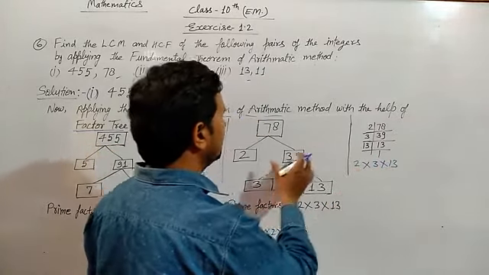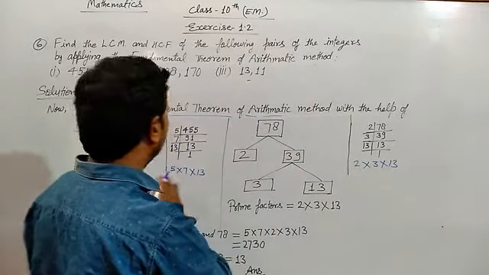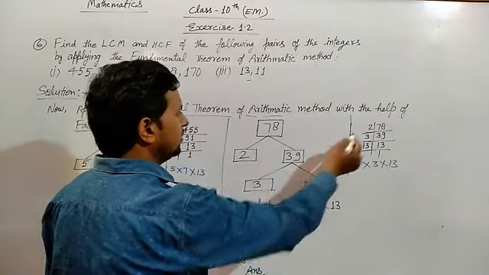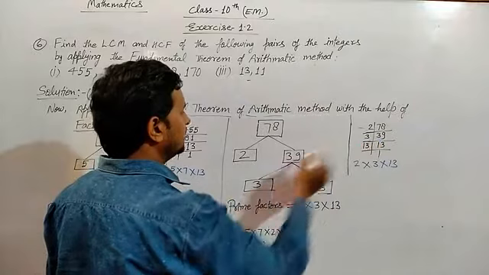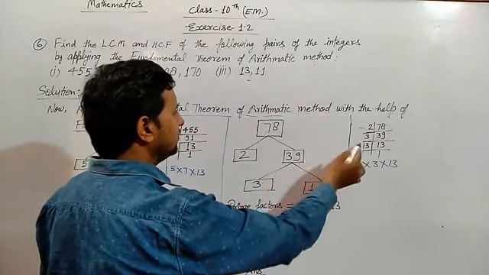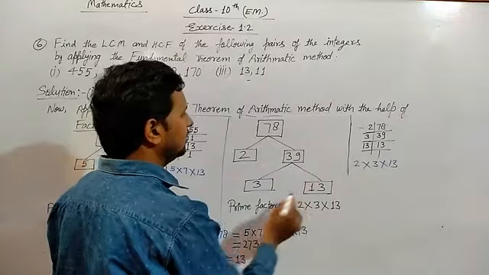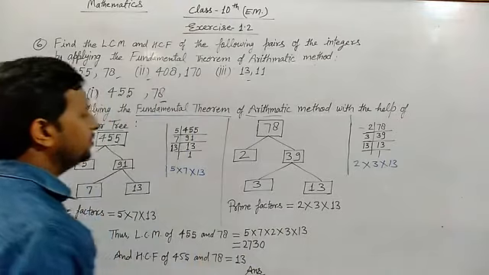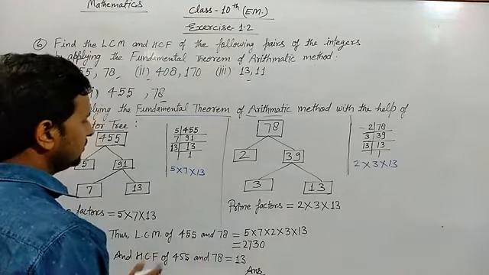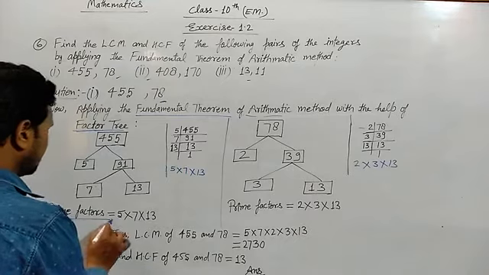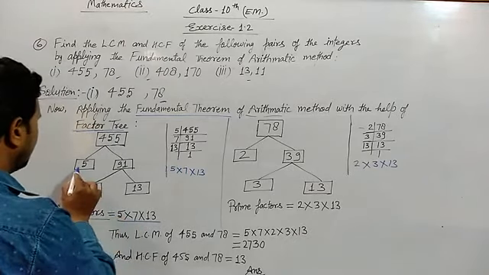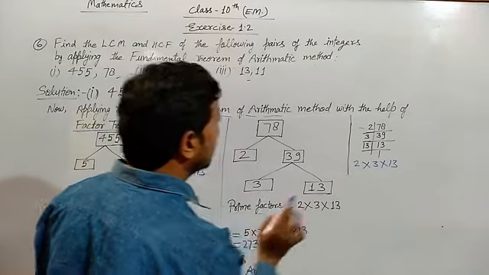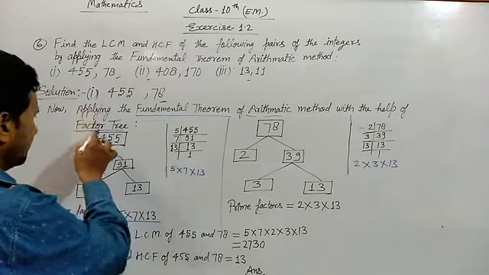So we can denote here in tree form like that as this question. Okay, this question can be solved here also. See here 2 is the first factor, 2 and remainder is here 39. Again 39 is factorized here by 3 and remainder is 13. So we can write here 3 and 13 is the last factor here. Okay. Now we have to find HCF. So we can write here prime factors 5 into 7 into 13 here, 5 into 7 into 13. Here prime factors are 2 into 3 into 13. Okay. By the basis of factor tree.